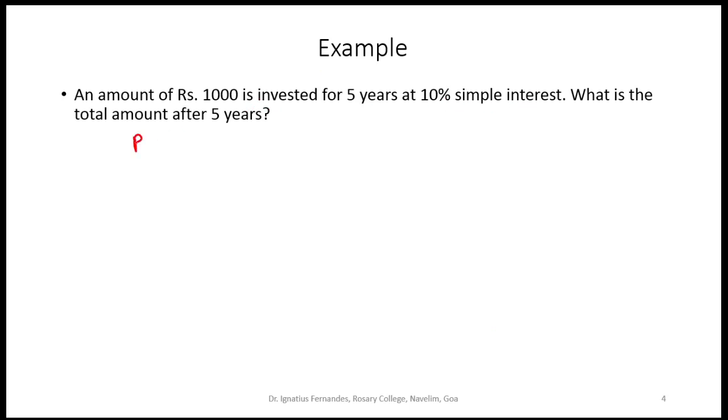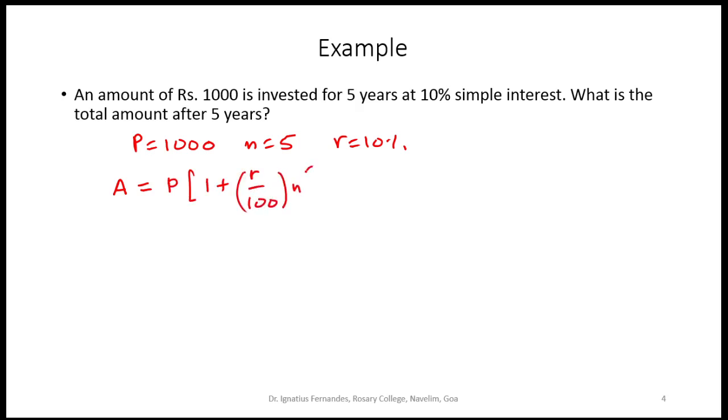of interest. So the principal amount here is 1000 for 5 years, and remember this N is always in terms of number of years. R here is 10%. I want to find out the total amount A after 5 years. So A is given by the formula P into 1 plus R upon 100 into N. Okay, so it is equal to P is 1000 into 1 plus R is 10 upon 100 into N here